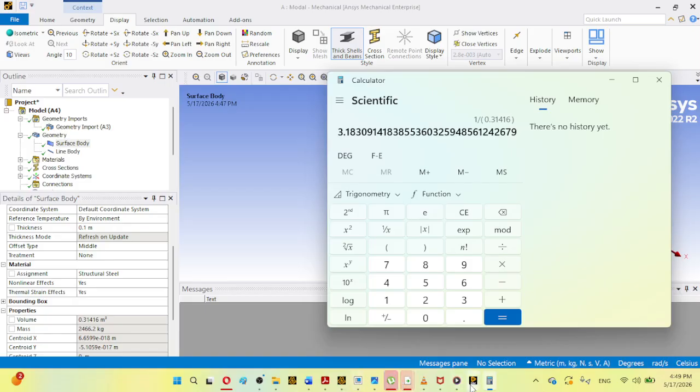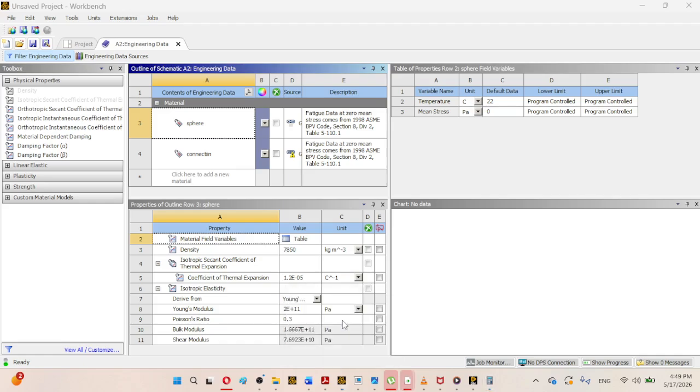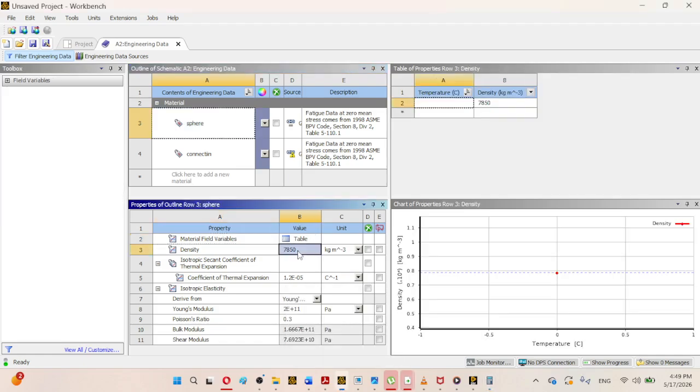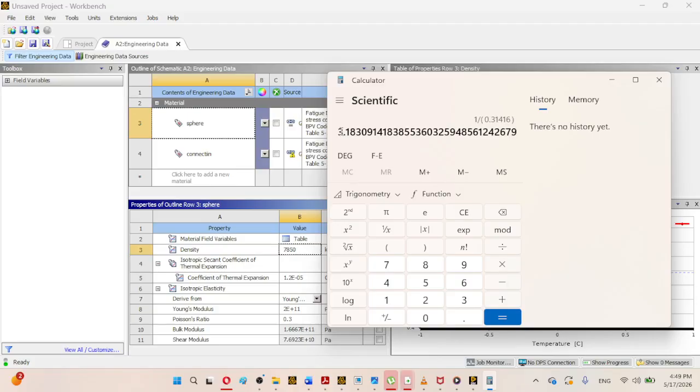So input this, this has to be the density. You can just copy it from here, for example, up to 3 decimal places,